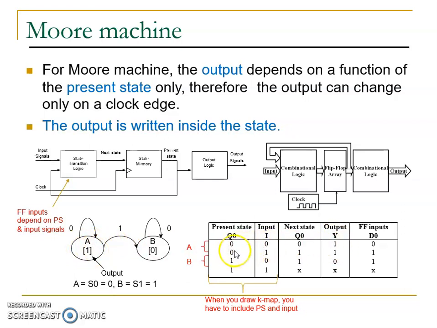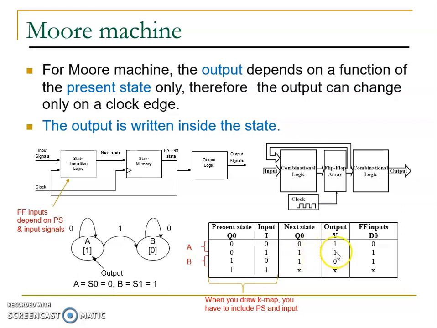And then next is still state A. State A, input 1, so input 1 here, the next state will be B. So present state 0, next state will be 1, which is B. 0 is state A, 1 is state B. 1 represents the state B. Okay, the output will be